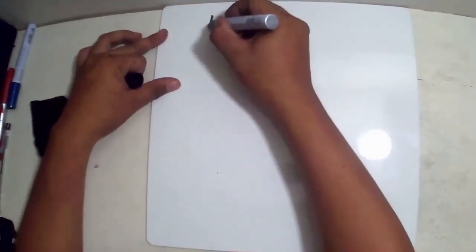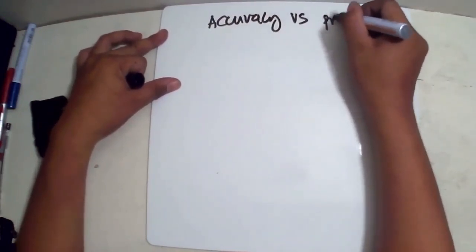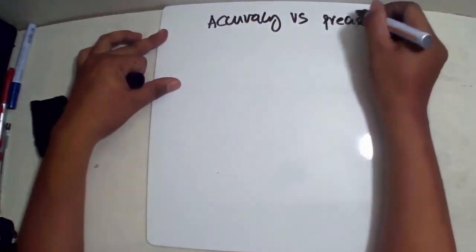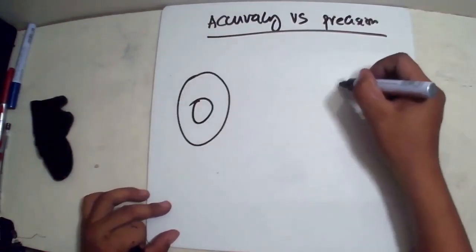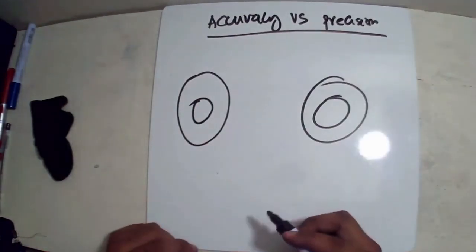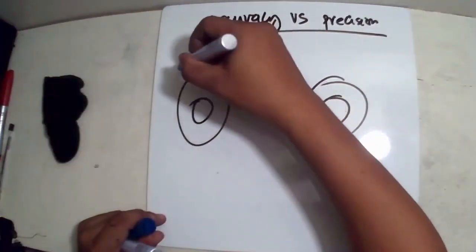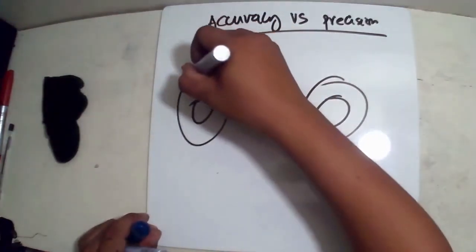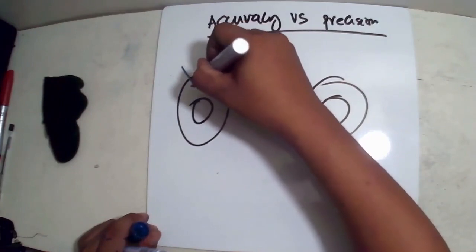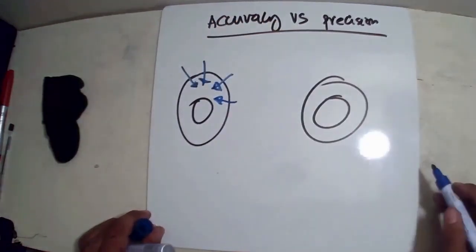Now, for example, accuracy versus precision. For example, we have here a target board. Consider this one as a target board, and let us say the first thrower hit this section here, for example, and the second thrower